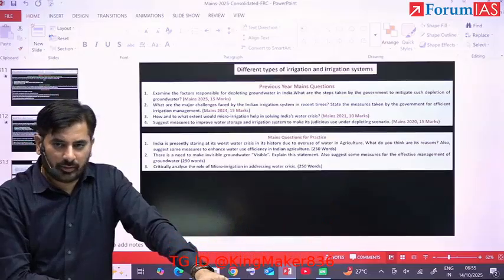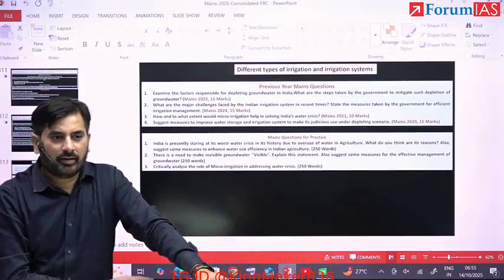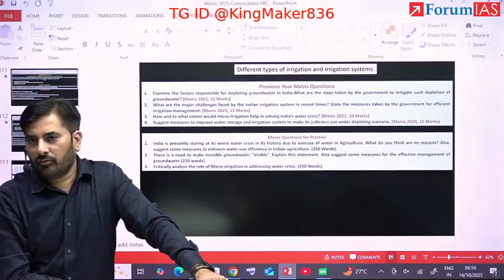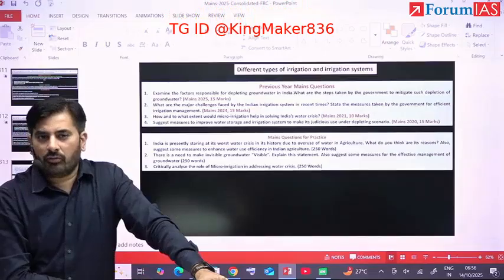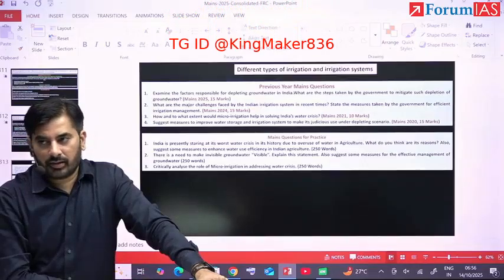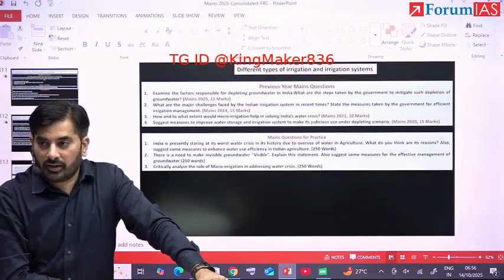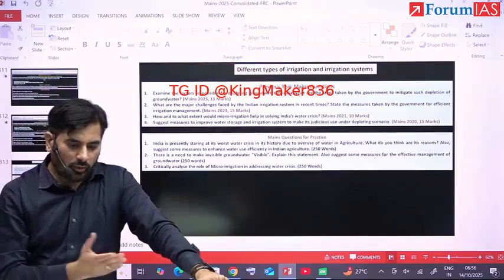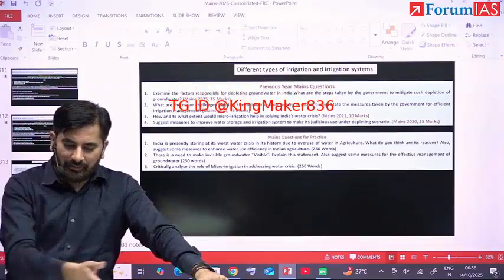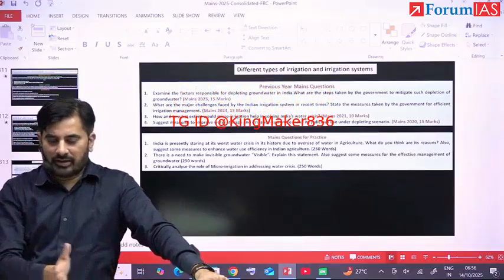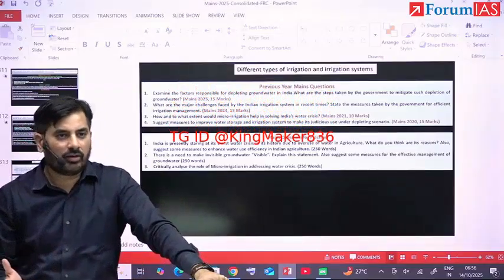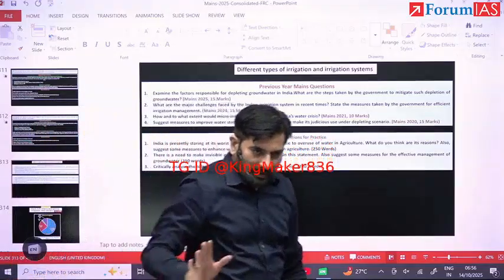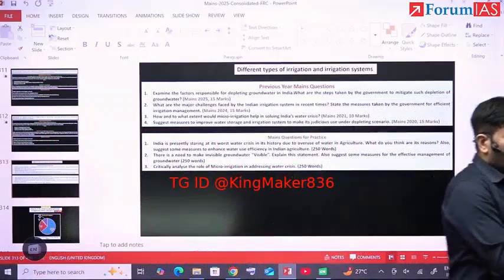Did you understand this point? There you have mentioned one point, rain-fed areas, lack of focus on rainwater harvesting. For groundwater, what should that point be? Lack of focus on groundwater recharge. So what you have to do is, from the framework which I have covered, you can generate points to write the reasons for groundwater extraction. Did everyone understand? So write reasons for groundwater extraction.